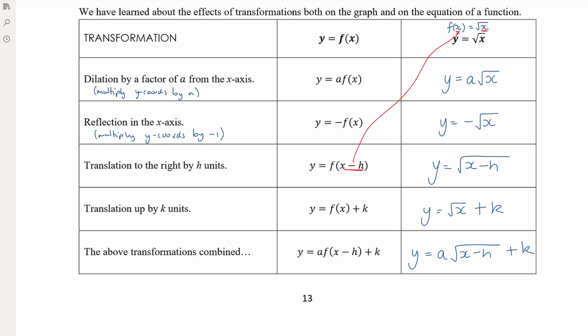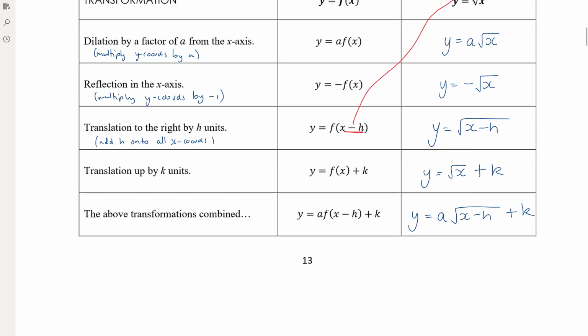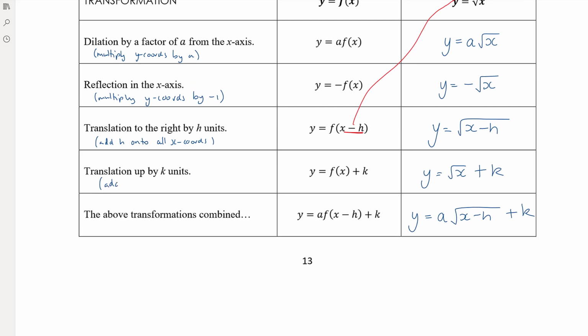Translation to the right by h units, we add h onto all the x coordinates, and that moves the whole graph to the right by h units. Translation up by k, we add k onto all the y coordinates. Now I'm not talking about what's happening to the function, I'm talking about what's happening to every single point